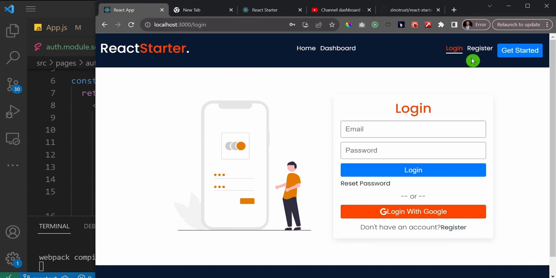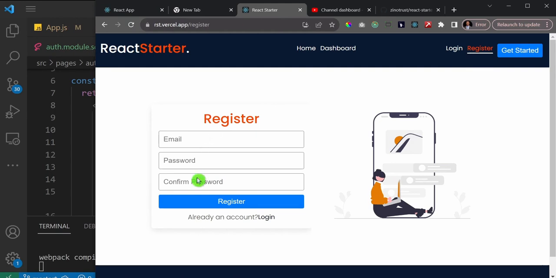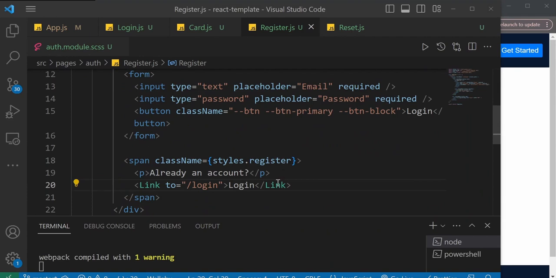So this is the project I'm working on. I'll go to register. You see we have register, email, password, and the button. The button is still saying login, so we need to change it to register. Meanwhile, we also want to add the confirm password field. That's going to be straightforward. So let me first change the button for it to say register,